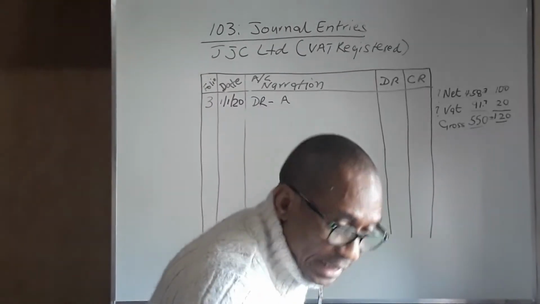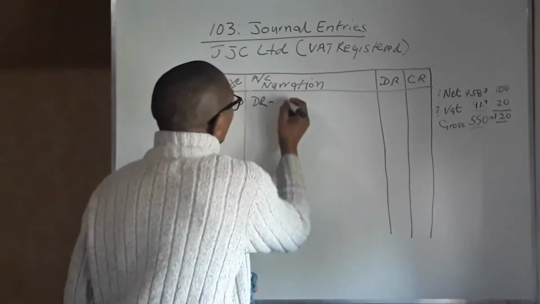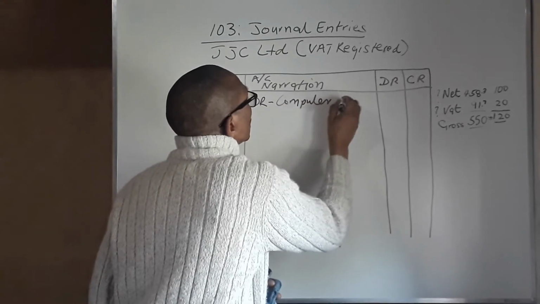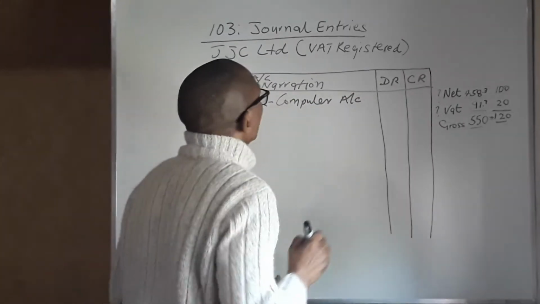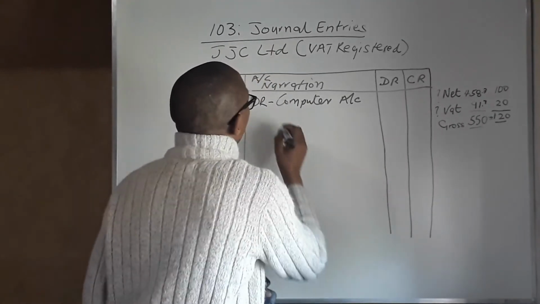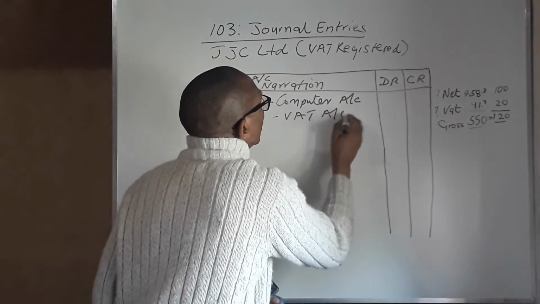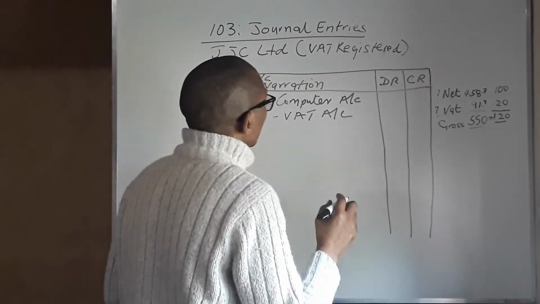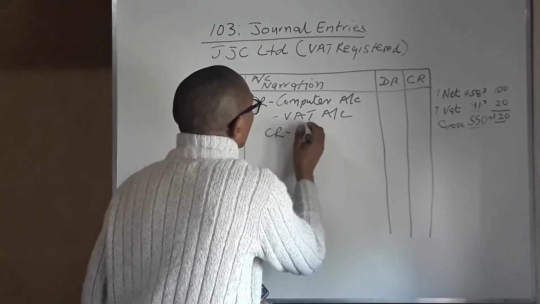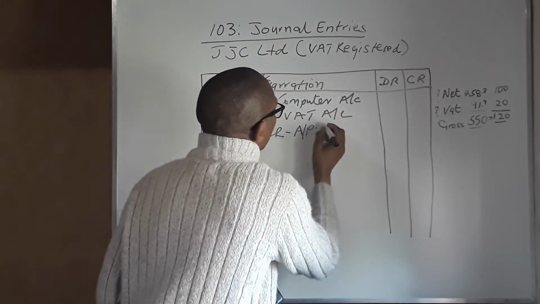Sorry, we debit the computer account, because that's the account that is receiving, the computer account to be debited with the net amount, which we find out. Then the next one, we debit the VAT account with the VAT element. Then we now credit the account payable that is providing this asset on credit. That's Computerland